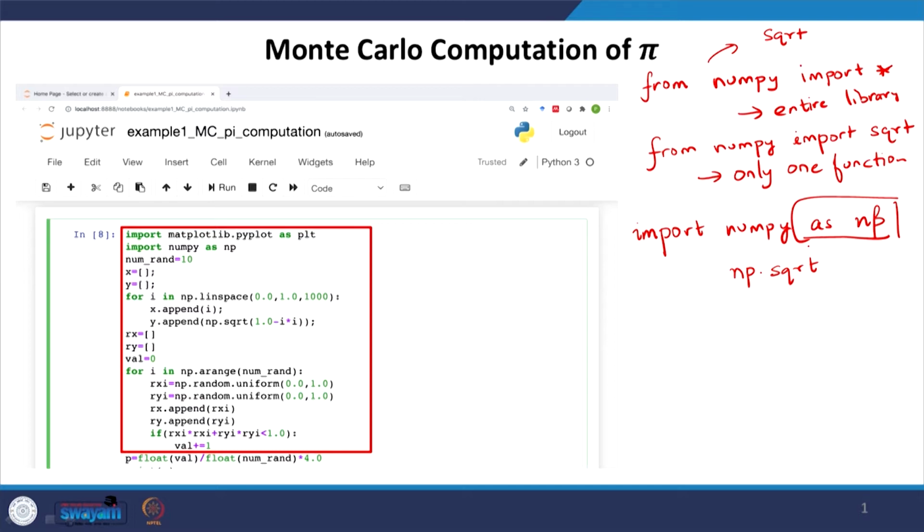So this is a standard coding practice. In most cases, it doesn't make any difference how you are doing it, but just as a good coding practice, I will be using something like that in many cases, or something else that I will show you later. So that is the first thing.